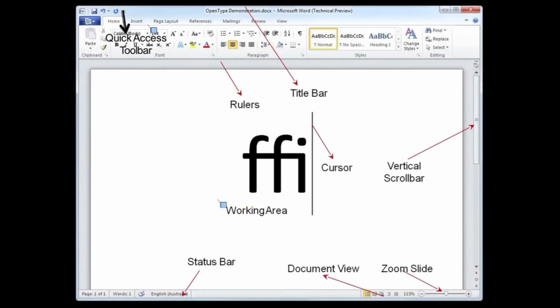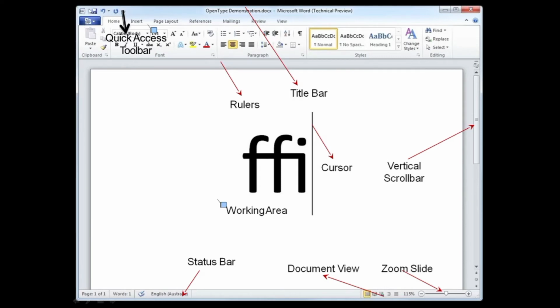Here you have seen the MS Word window appears on your screen. Now we will discuss the components of the screen. At first, at the top, this one is your title bar, where you can see the title of your file. If you have saved any file with a particular name, you will see the title here. Now this one is your quick access bar.